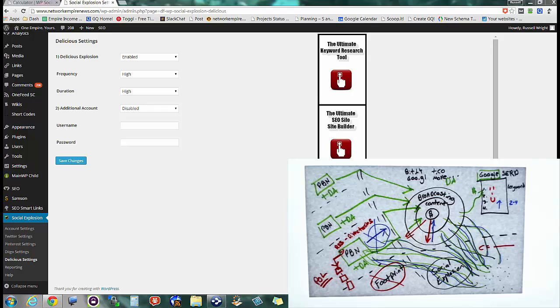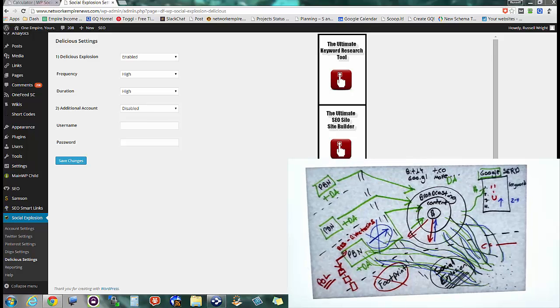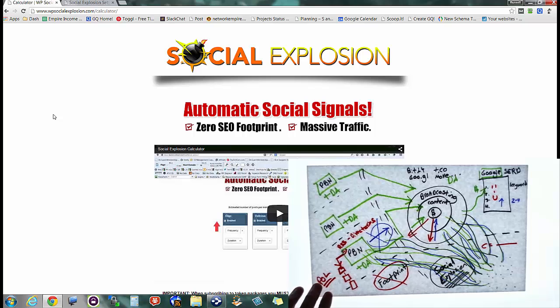Again, that's why we built Social Explosion, to make sure that that's happening on autopilot so that you can spend time working on your business and writing content and producing, operating your business rather than trying to figure out all this SEO. So Social Explosion is this philosopher's stone that we're dumping tens of thousands of dollars into, and it's going to be getting better and better. That being said,